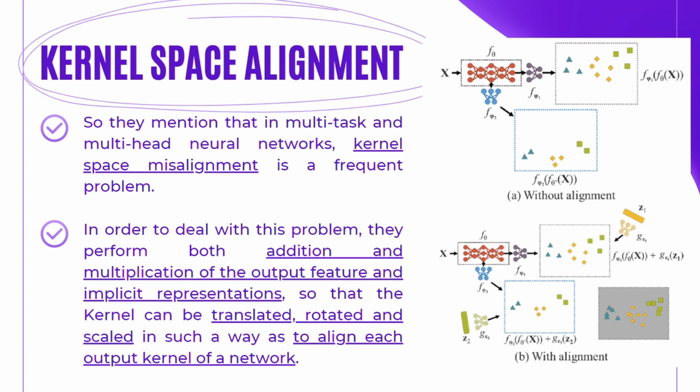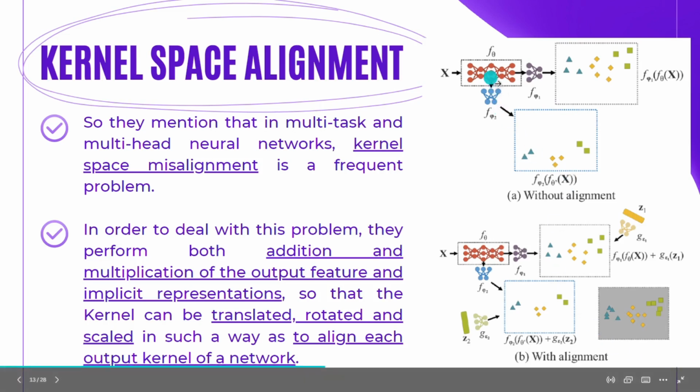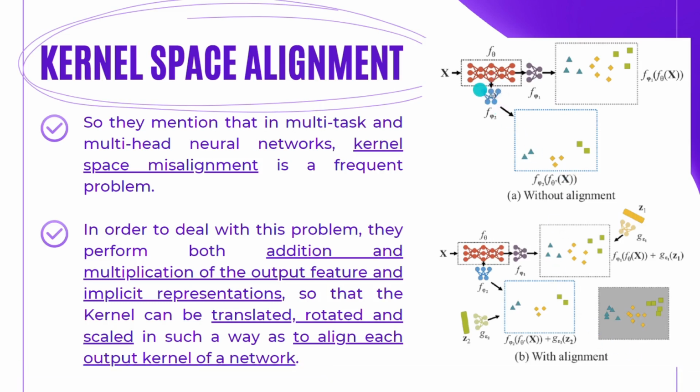And we face the problem of kernel space misalignment in the case of YOLO. So in order to deal with this problem, they perform both addition and multiplication of the output feature and implicit representations, so that the kernel can be translated, rotated, and scaled in such a way as to align each output kernel of a network. So what this generally means is that, as we can see from the figure, if we have an explicit information which is extracted by using one convolutional neural network, which is known as f theta, and then we have two different tasks that we are learning,